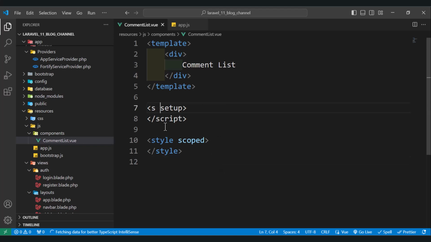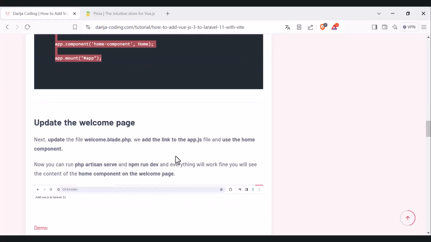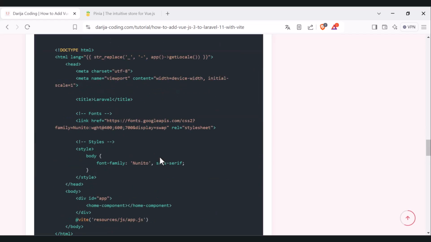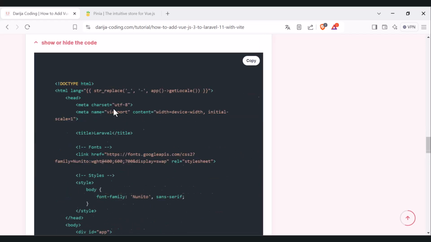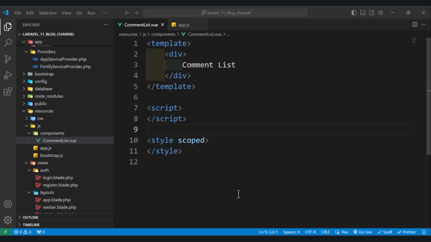So what is this? Why did it change to setup here? So we have changed only one. So we have template, script, and style. So let's move to the next. Next we need to update the home page, but here we don't have a home page, we have app.blade.php. So let's move to